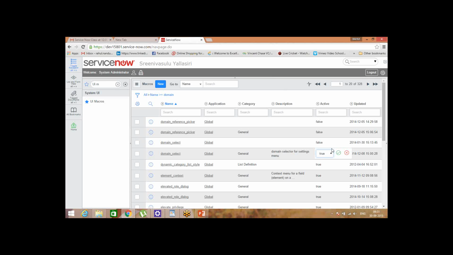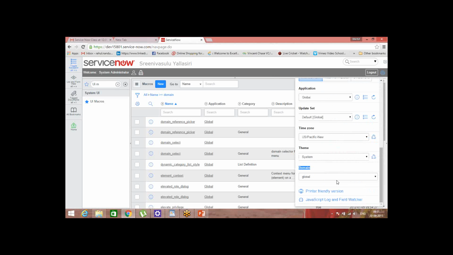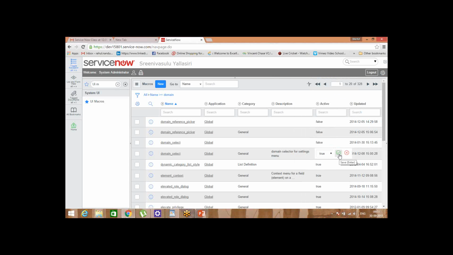Okay, I got it. Now click on this one. If you didn't get it, log out and log in and check. I got it, true. Save it, this is the save, the tick icon.